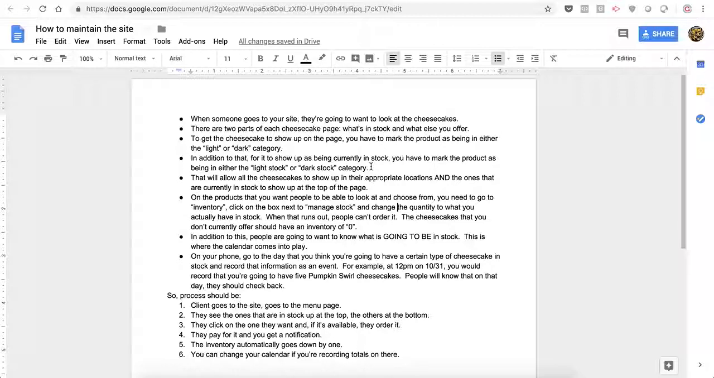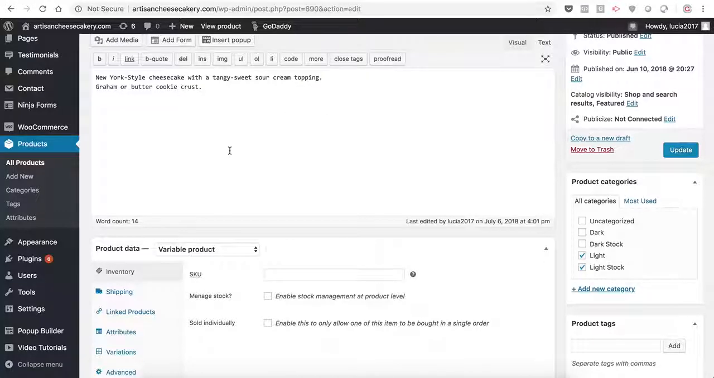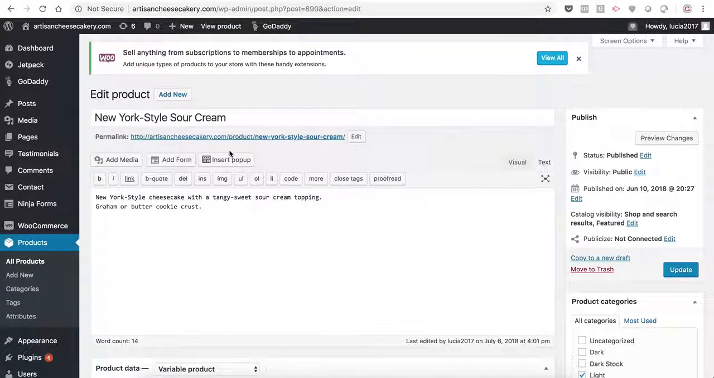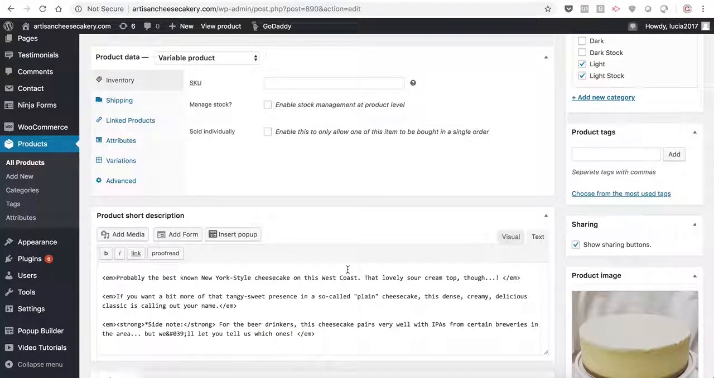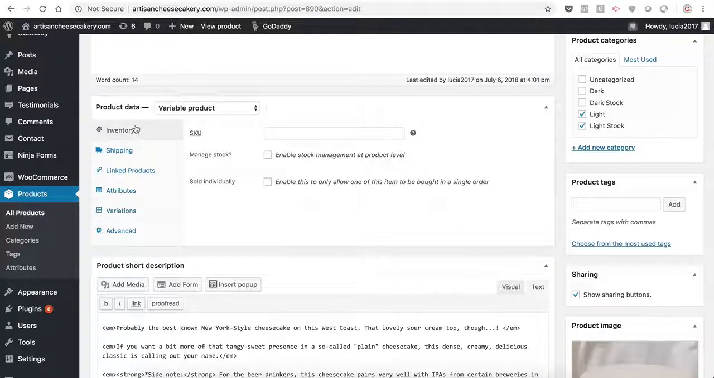That's going to allow the cheesecakes to show up in the appropriate locations, and the ones that are currently in stock are going to show up at the top of the page. So that's going to require some frequent updating. Now on the products that you want people to be able to look at and choose from, you should be managing your inventory. So right now, if you don't have any New York style sour cream, what you need to do, and you might have to do this for every single one, what you need to do is go down to inventory,